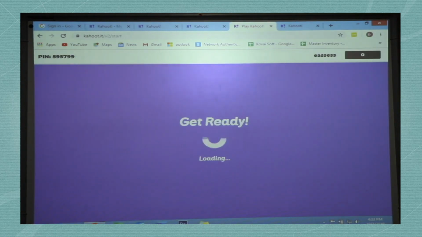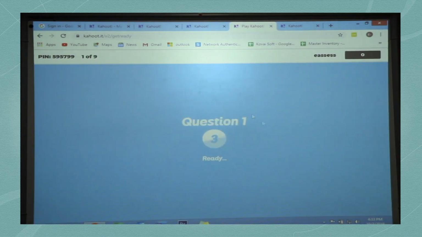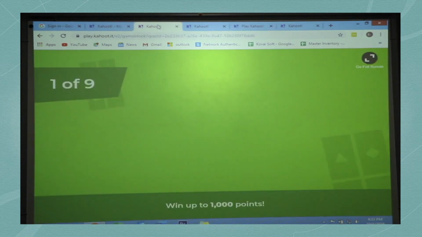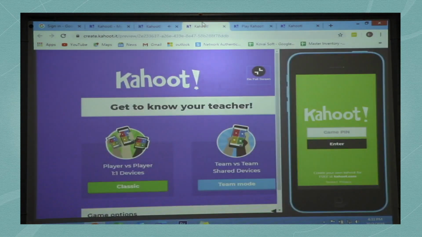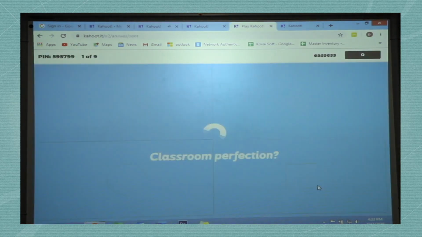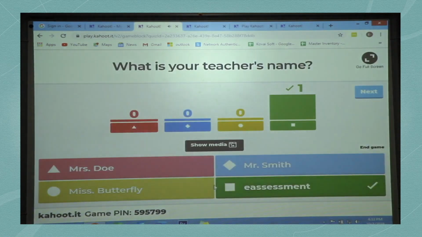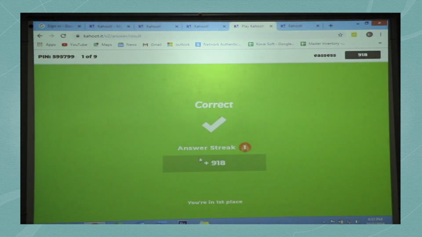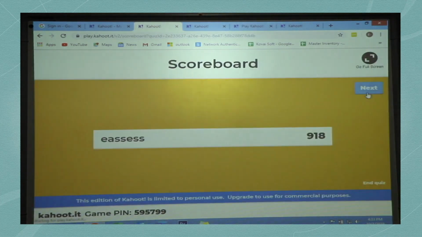See the question. It is getting ready. Once the teacher started, the question is displayed on the student screen. See, this is the question. I have to answer this. The question and answers won't be displayed, but the symbols will be displayed. So I have to select the right symbol. I have selected the right symbol, so I got the score of 9 on right. Okay, let me move to the next.